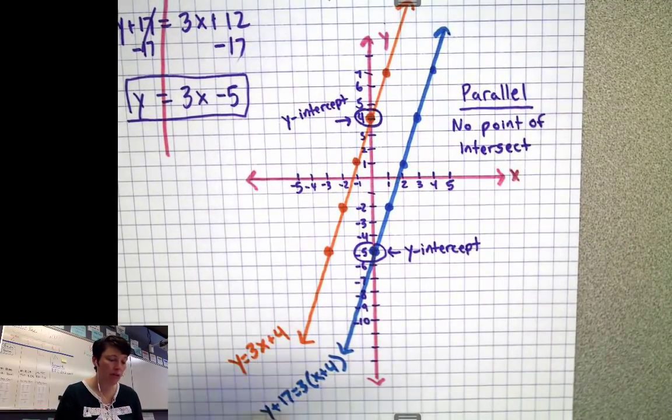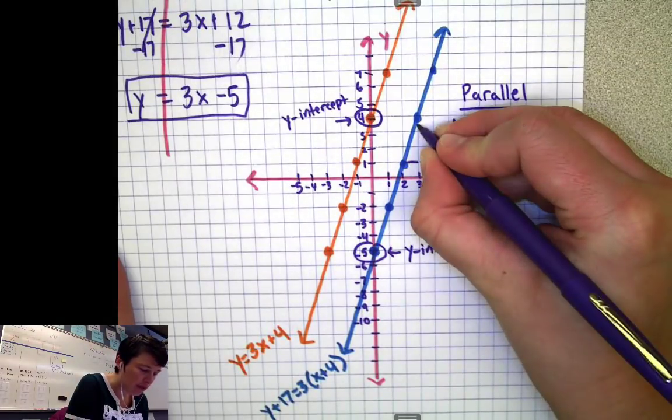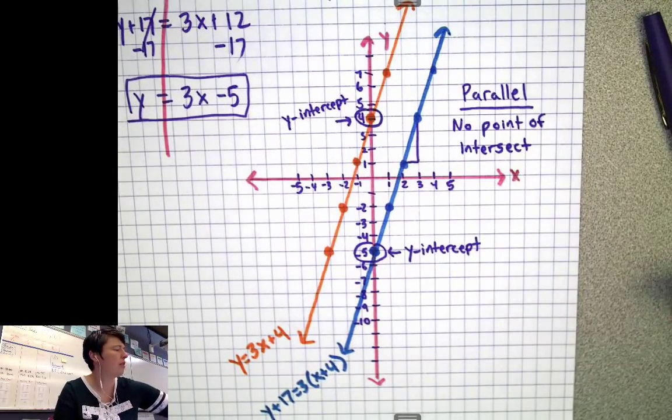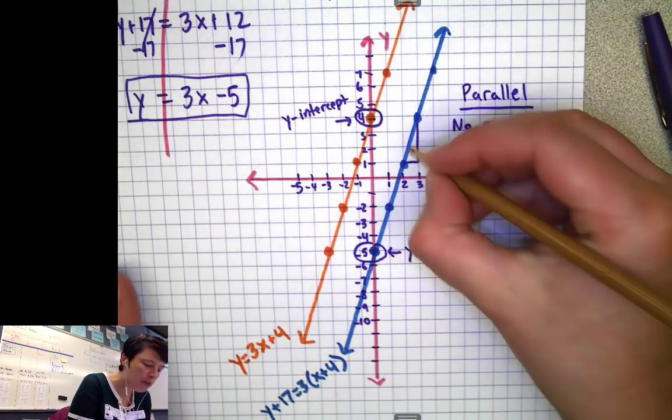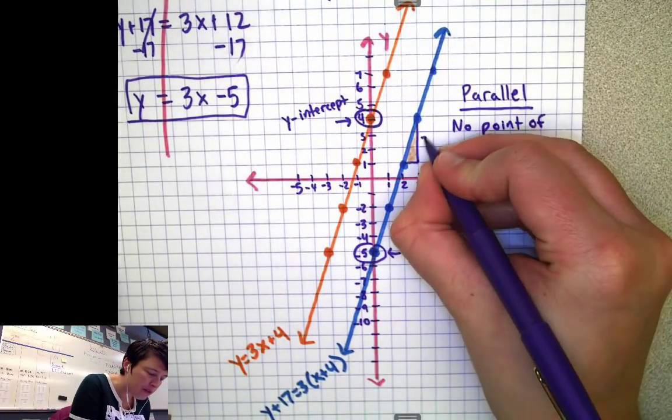I'm going to show the slope with some growth triangles. I want to show that the slopes matched each other. So how about this one right here? This looks like a good spot for a growth triangle. I'm going to grab a pencil. Yeah, this will work. I'm going to shade this in and label that growth triangle as up 3 and over